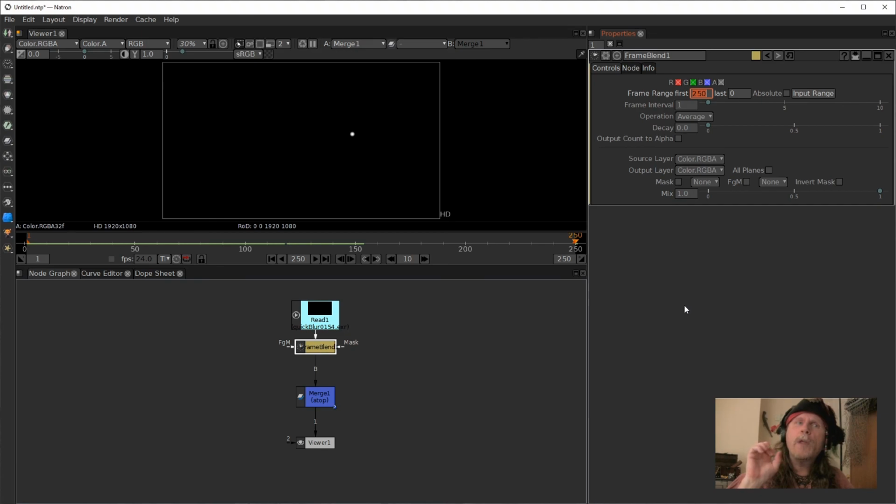Also, it will render before 0. And so what happens is we wind up with basically this solid super dot at the beginning of our animation. And it doesn't look like a flashlight pointing at the screen. It looks like a whole bunch of 250 flashlights stacked on top of one another going way back in history before our animation actually started. So what we're going to do here,